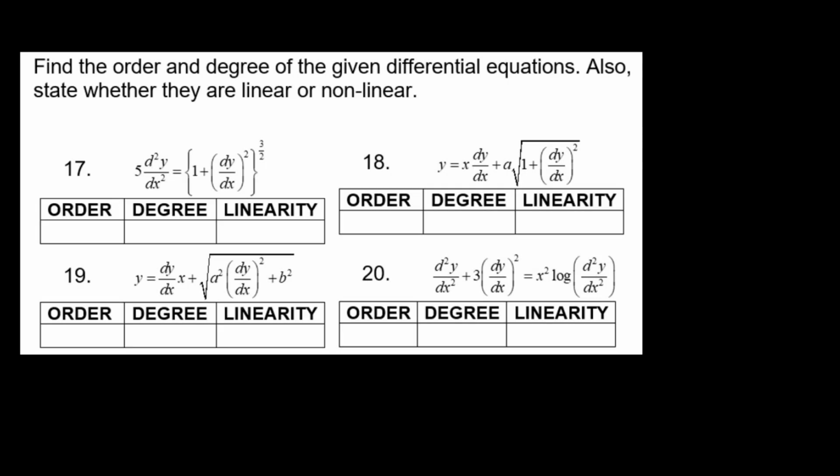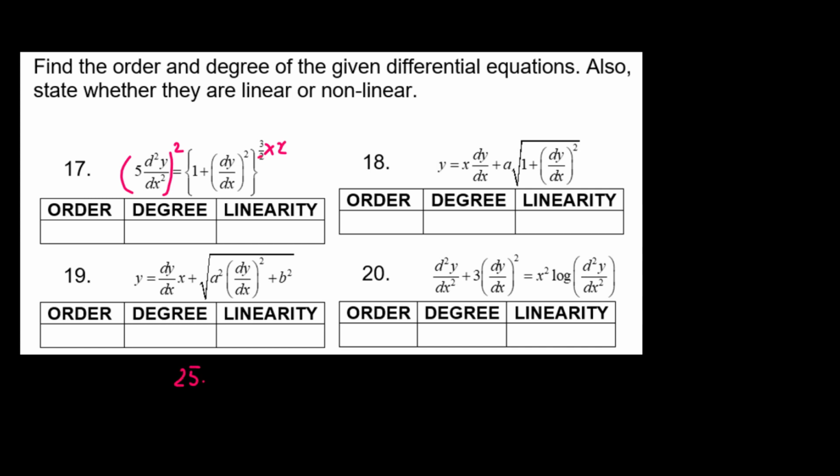Problem number 17. Here we have the differential equation 5 times the second derivative of y with respect to x equals (1 plus (dy/dx) squared) raised to the power of 3/2. Here we have a radical 3 over 2 on the right hand side, so we need to get rid of it. We can do that by squaring both sides, and that should give us